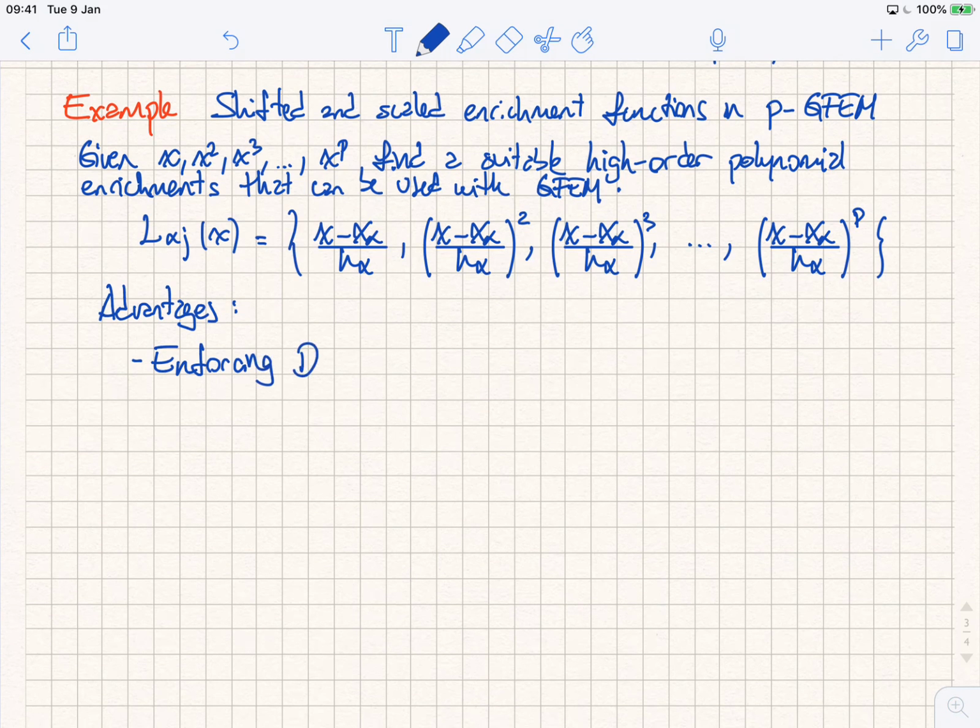Enforcing Dirichlet boundary conditions is straightforward, because this is equal to 0 at x alpha, and so we get our standard FEM term only at that node, and then we can basically just impose that prescribed degree of freedom there. Now the disadvantage